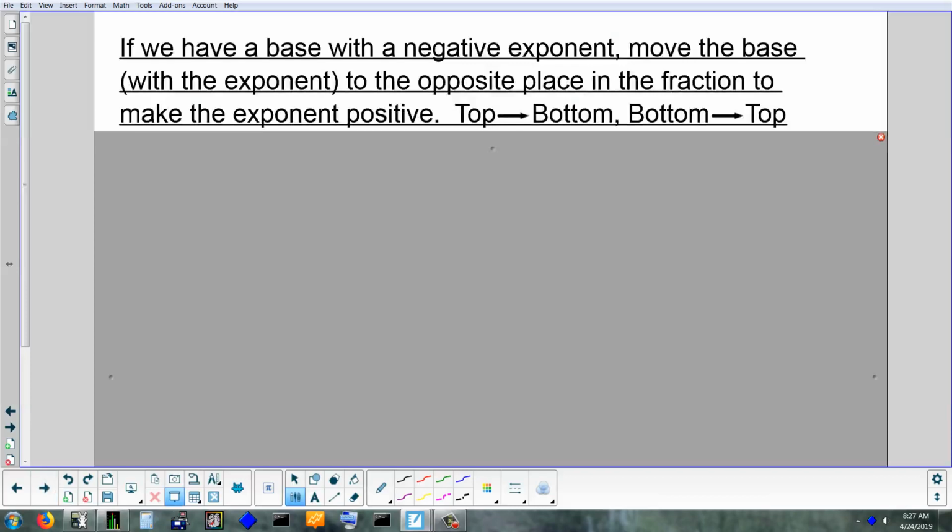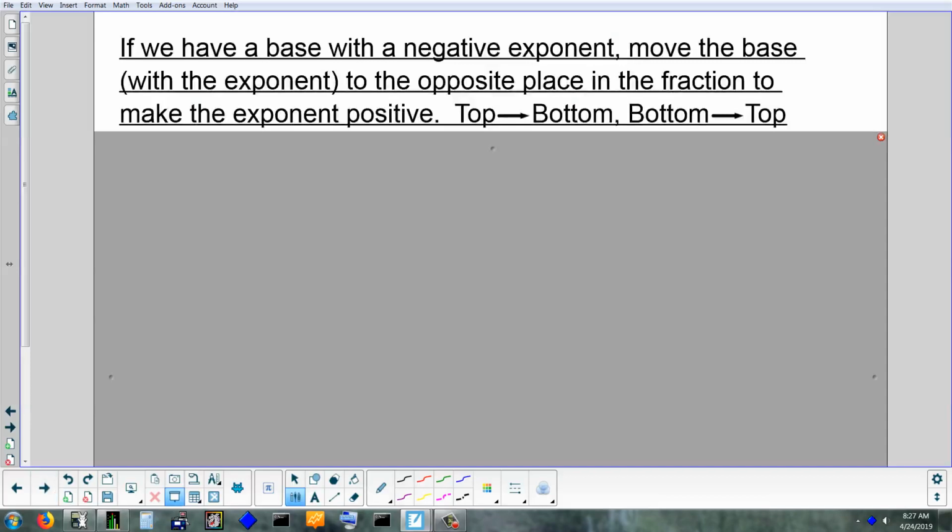Alright, so we got to look at what happens when we have negative exponents. Okay, I'm going to go through some of the simple ones. I think Mr. Roy will go through the multi-step. He'll go through those steps with you. But we got to figure out, just with simple ones, how do we deal with a negative